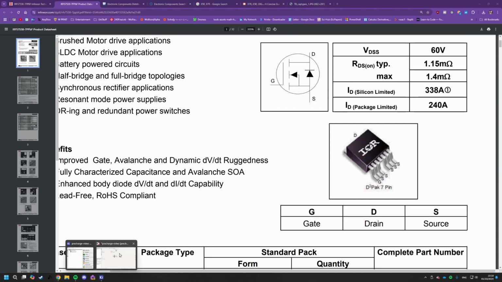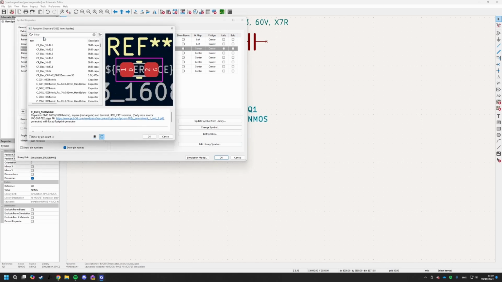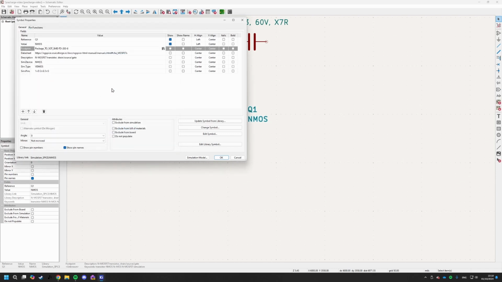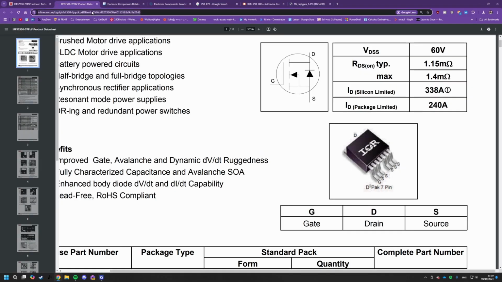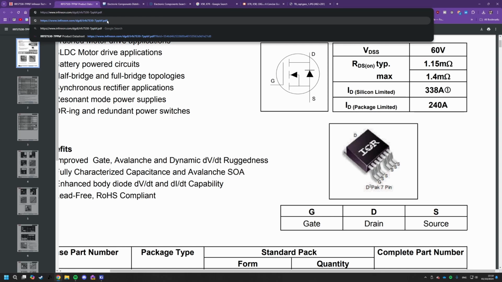All right, so let's go back to our schematic and find the footprint. So we'd like to have a TO263-6 in our case because we are missing the middle pin. Right. And let's enter the name of our MOSFET for the value. We could also change the datasheet to reflect the MOSFET we will be using,